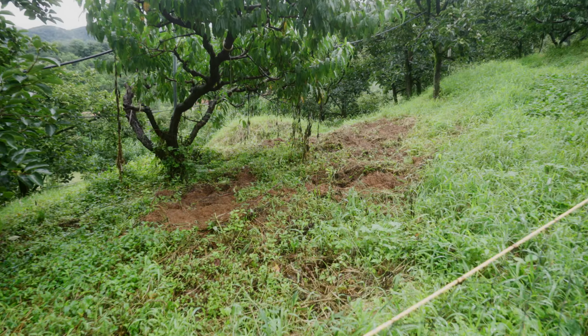So they try to put up nets and things to stop them. But as we know in the States, especially in Texas and things like that, wild pigs get out of control really fast and they're such a nuisance. So we're venturing off the path a little bit into the pine forest, and we're going to come out on